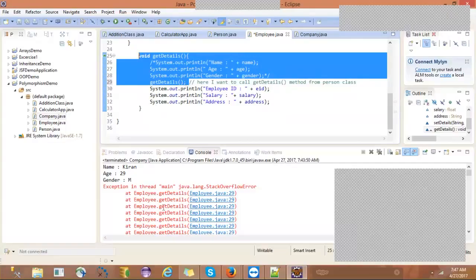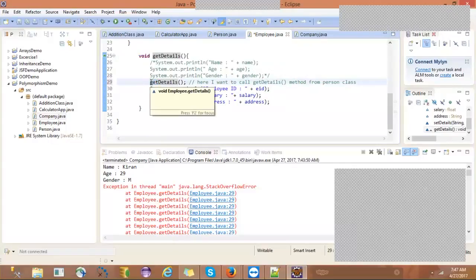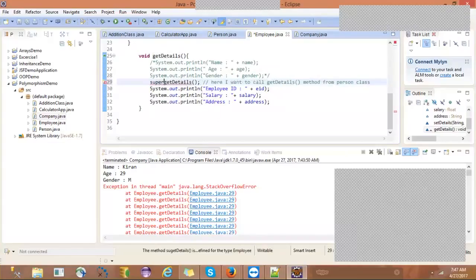So that's why we get this exception. To overcome this in Java, what do we have? We have a keyword called super. Super keyword resolves this problem.